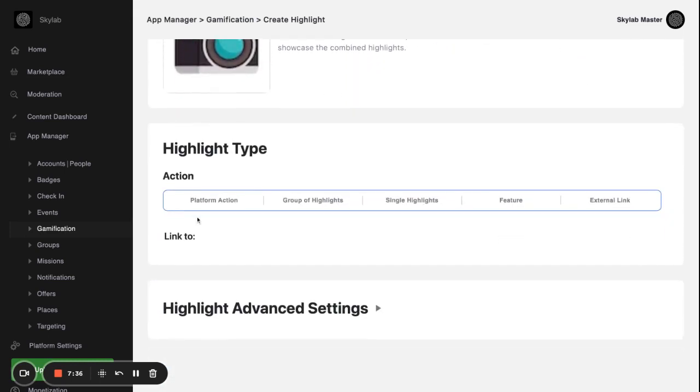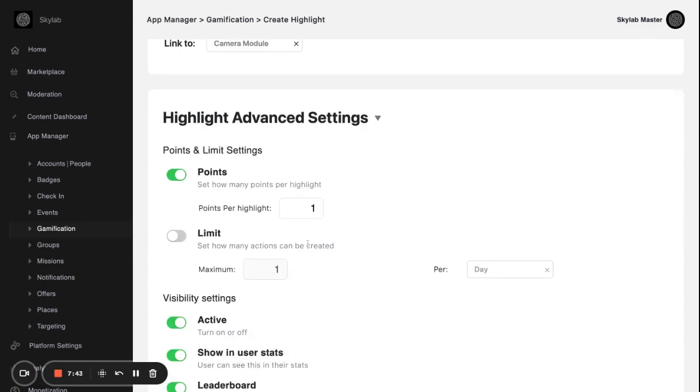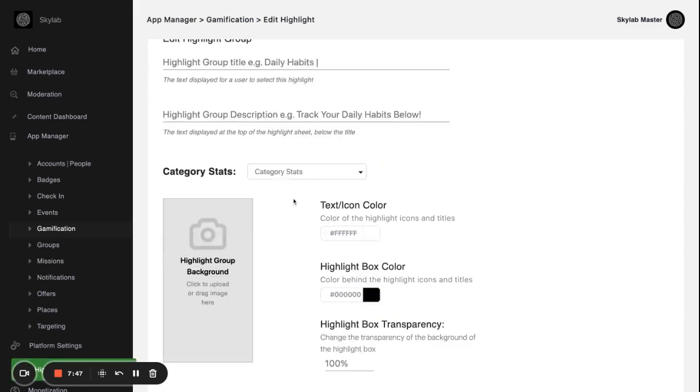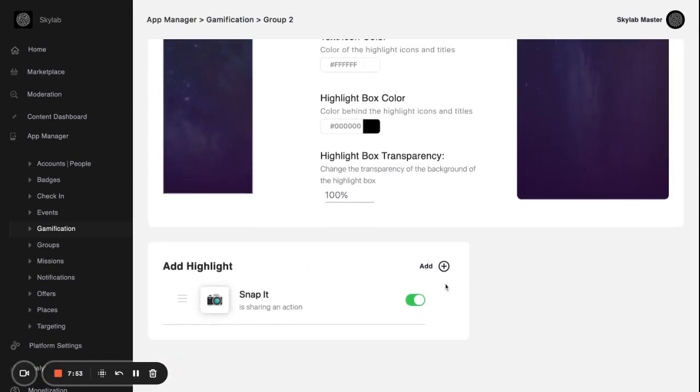Once you've done that, you're going to select camera module from this list, and you're going to make sure your settings are accurate, and they are. These are the two that I always check, and then you're going to hit save. Once you've saved that action, you want to save the entire action group. So we did that. Now I'm going to add one more,